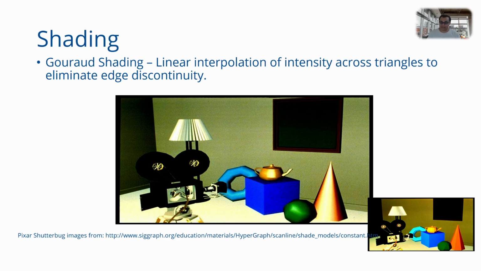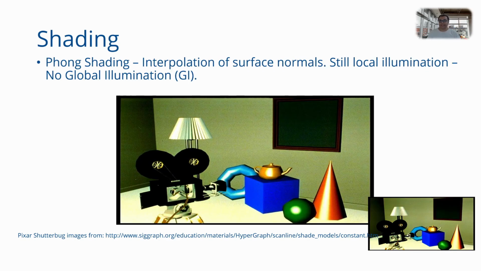Can we do better? Yes, we can do even better. Instead of computing color at vertices and then interpolating to pixels, what happens if we take the normals at the vertices and we interpolate these normals to every pixel? So now you have per pixel normals. Then use these per pixel normals to compute intensity or colors at every pixel using the Phong illumination model. So that will give you per pixel colors. This is known as per pixel shading or Phong shading.